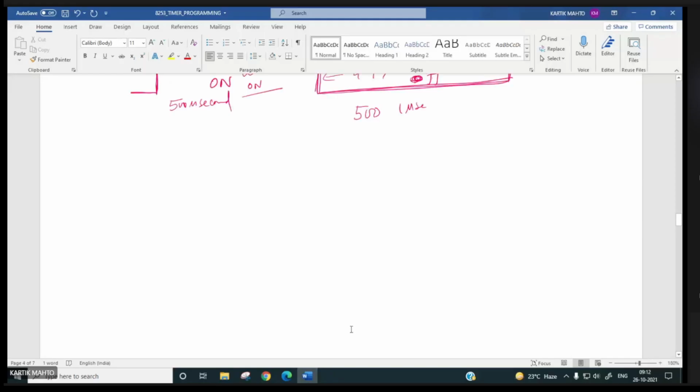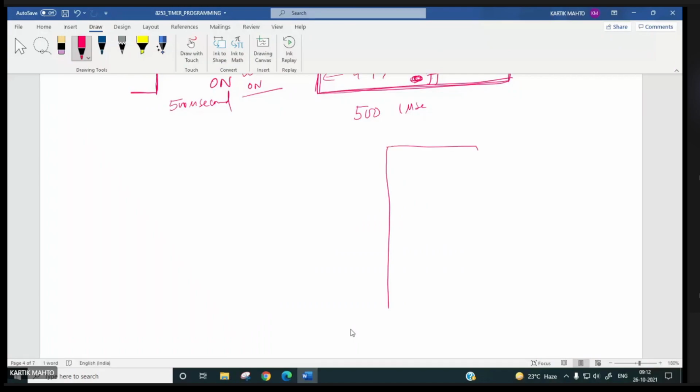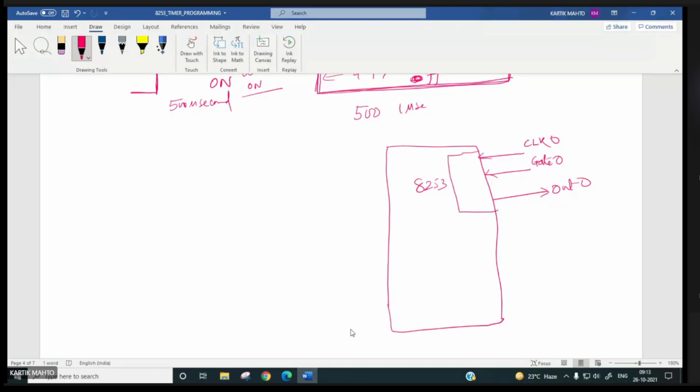First of all, I will write the control word of the 8253 timer. Suppose this is the 8253. Here we have clock 0 input, here we have gate 0, and this is out 0. This is counter 0, where we will transfer a 16-bit count.